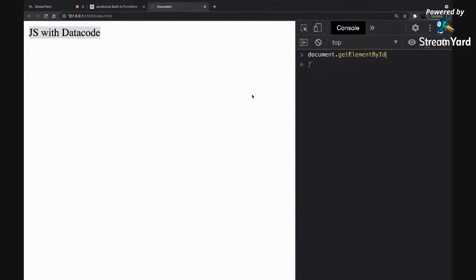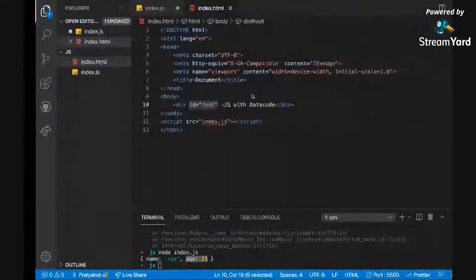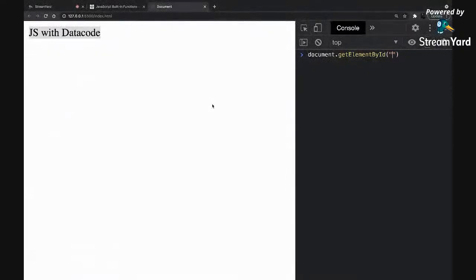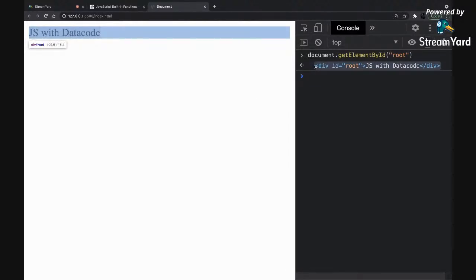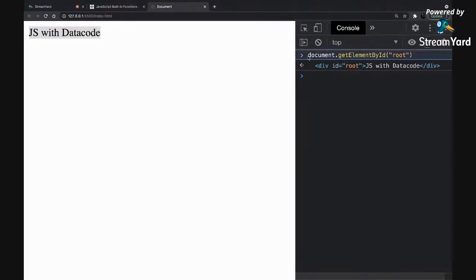So if I give getElementById and our ID was root, it gave me that element. This is something that jQuery helped with a lot, getting the data and manipulating it, but JavaScript has now come up with its own way of getting data from this document, and then we can do different things with it.